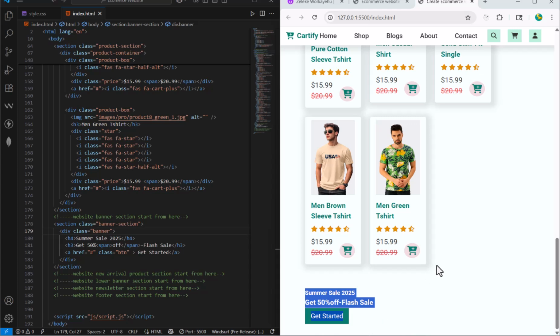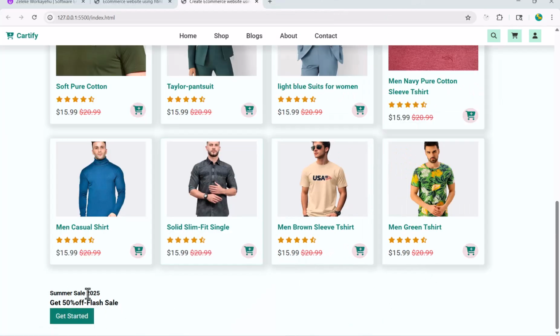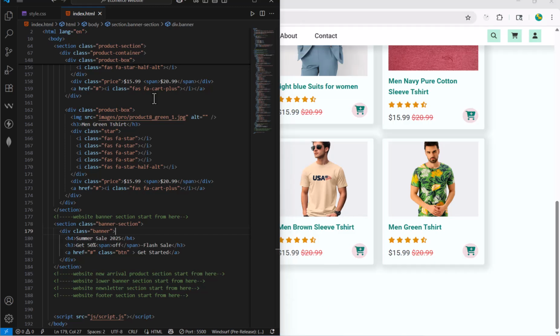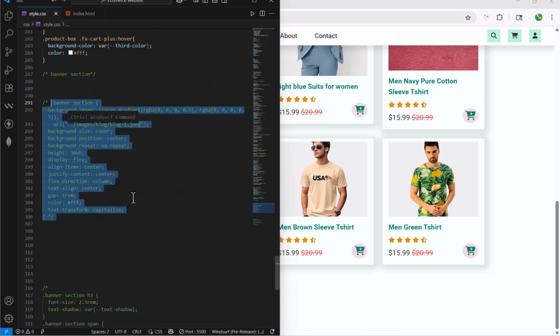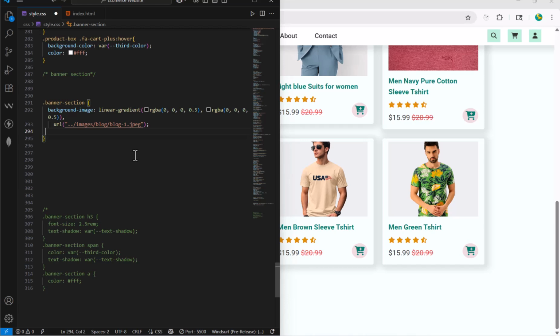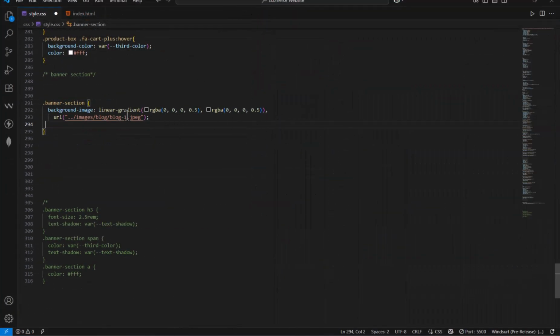So now what we are going to do is add a background image, as well as style this text right here. So to add a background image, we are going to use this class selector banner section. So using this class selector right here, banner section, let me add a background image just like this one. We're going to use a background image having linear gradient. Here we have RGB color code right here, and here we have the image URL, which is found